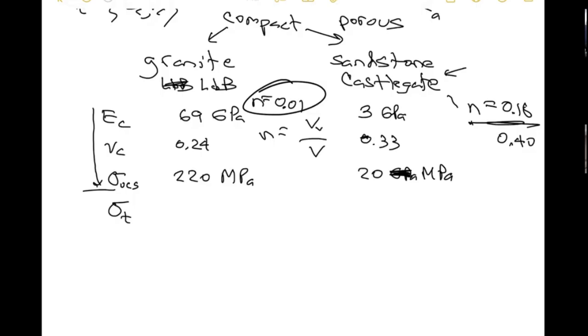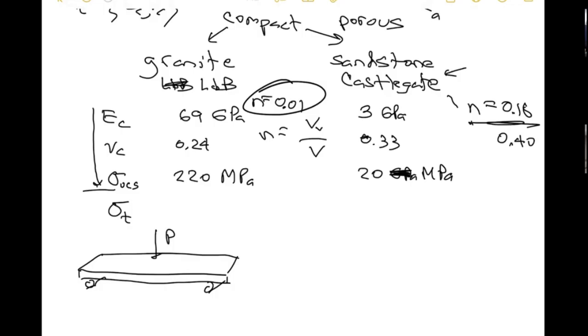But think of your countertop, and if you just put it like this, and hit it with a hammer, it's going to break pretty easy. It breaks because when you load it like this, it bends, and you get tension right there. So this is like a tensile strength test. When that crack starts to form, it just ruptures all the way through. So it's going to be much less, actually.